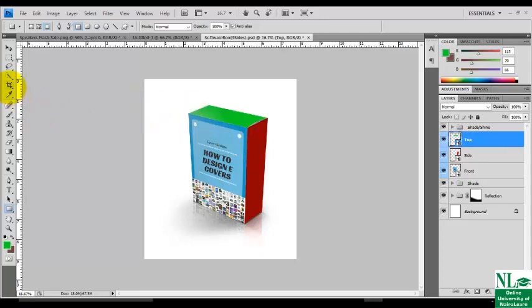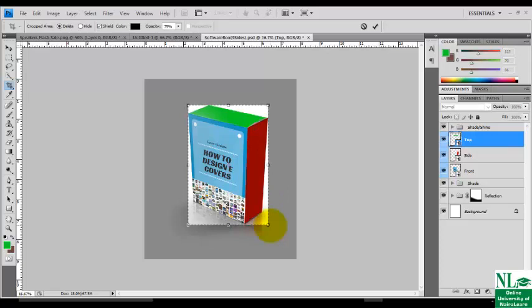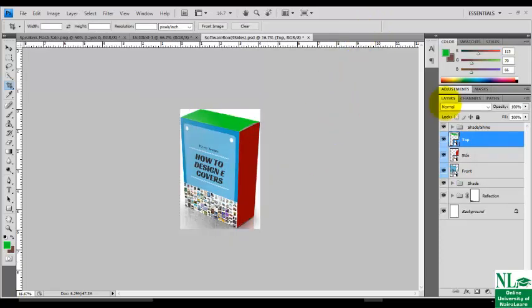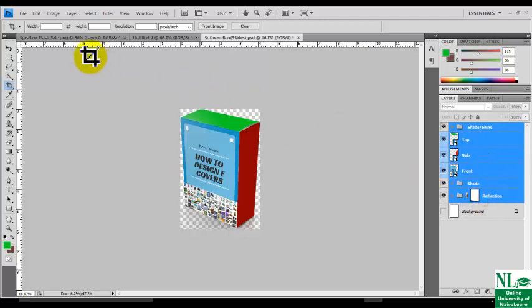Right now, pick your crop tool. Of course, if you like to crop this, click here or click enter to uncheck the background, then select the items.